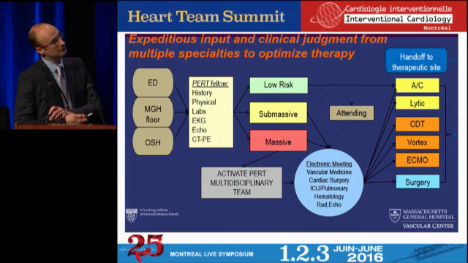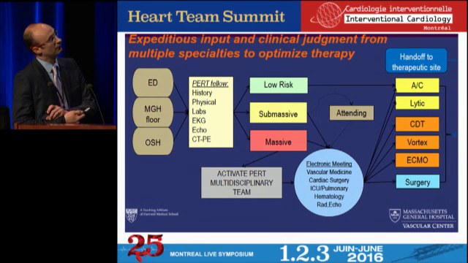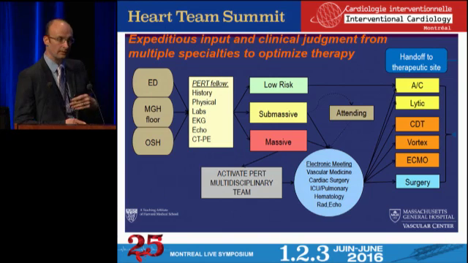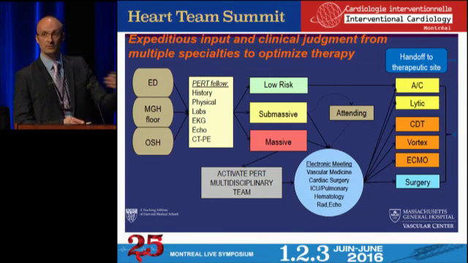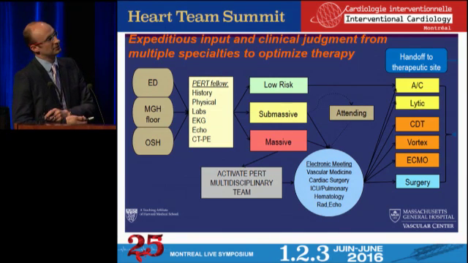So the algorithm used at Mass General is the following: the patient can enter from anywhere, be it a peripheral hospital or internally. Certain basic demographic and biochemical data can be obtained, you assess the level of risk, and then you activate the multidisciplinary team. This team already has access to all the options available, as opposed to a series of consults where you have to reinvent the story and the wheel every single time you call the next specialist. At least at this point, you have all the cards on the table.